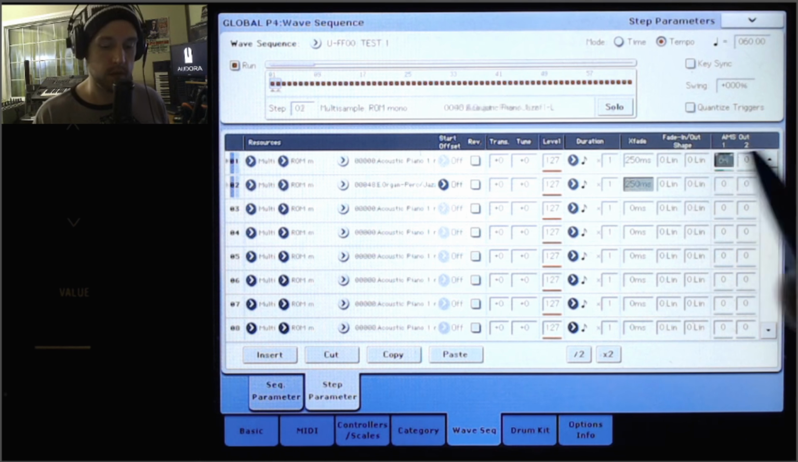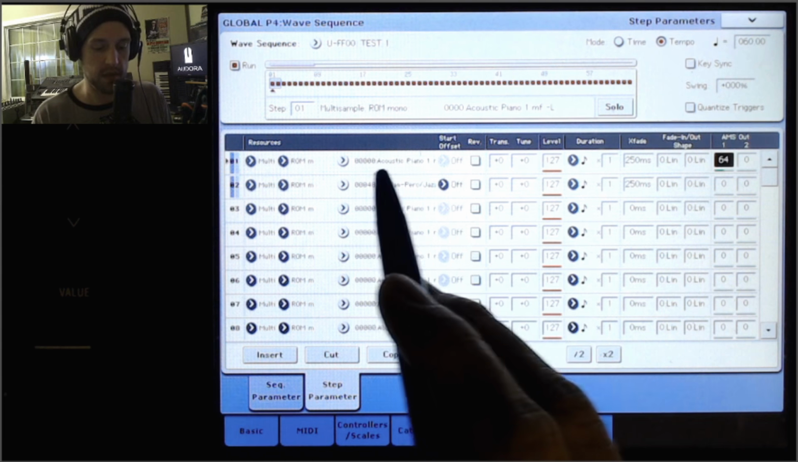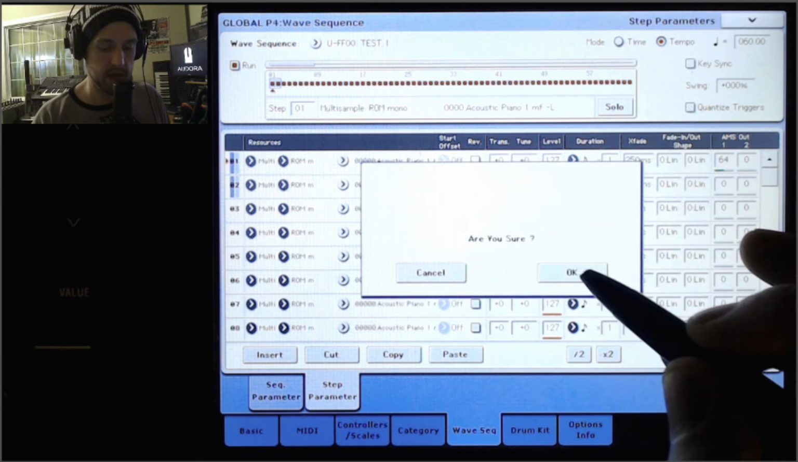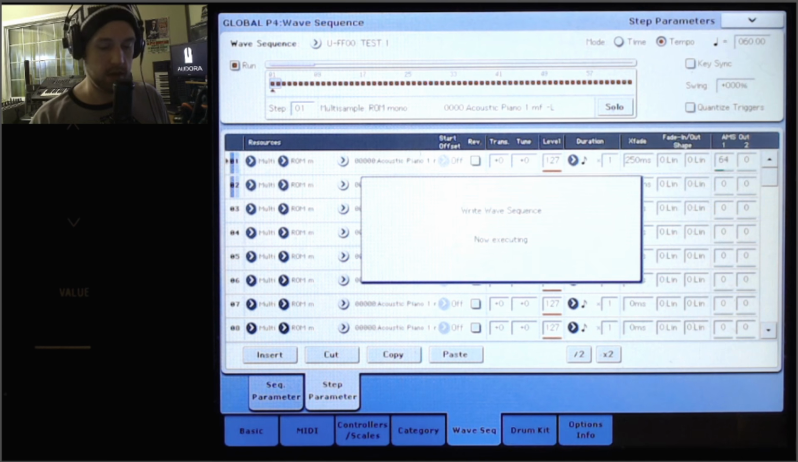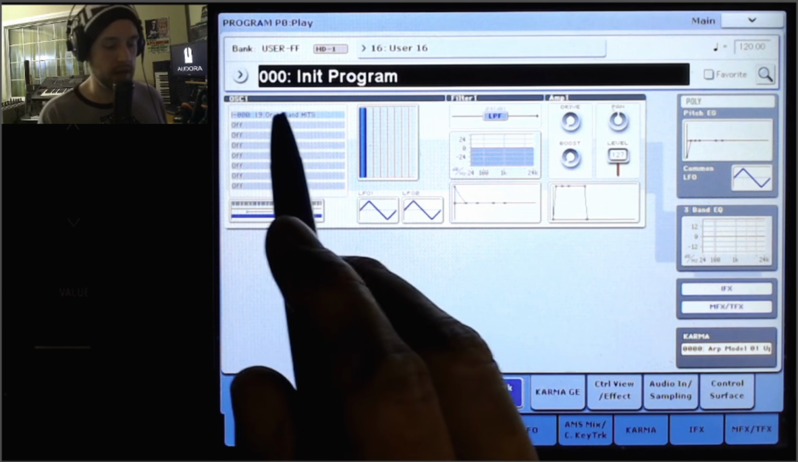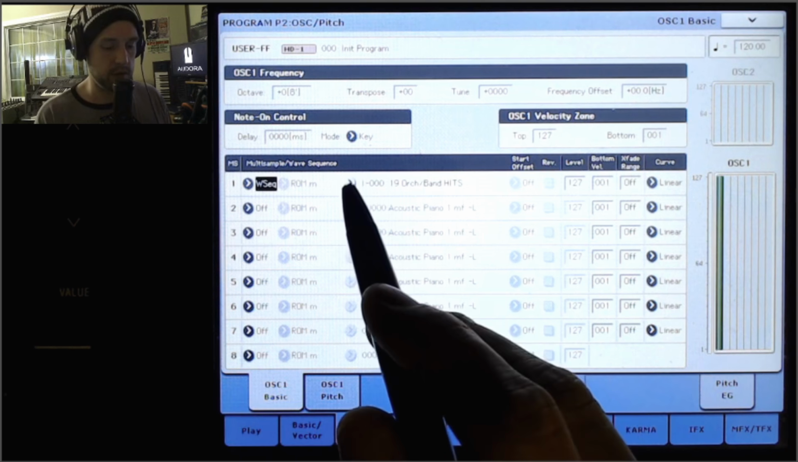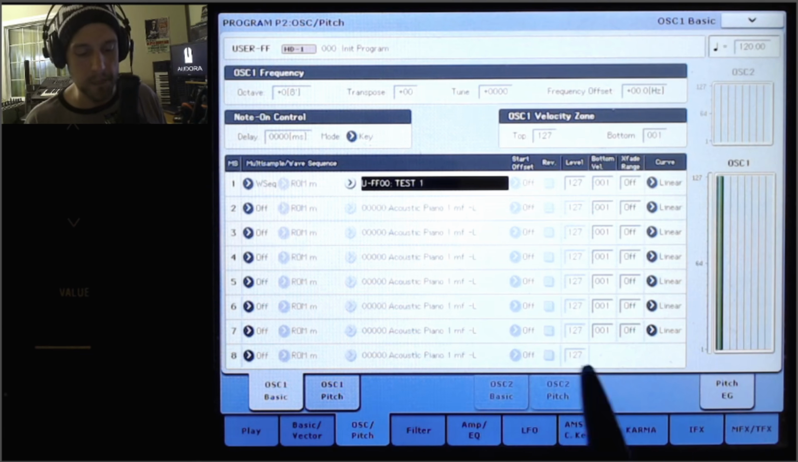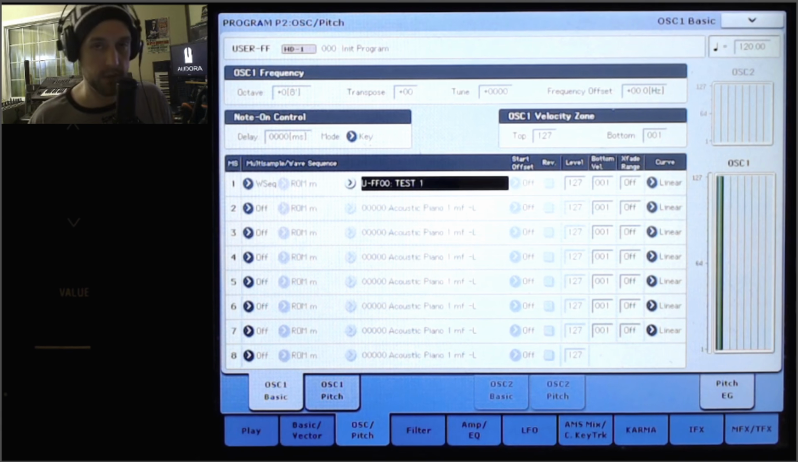Okay, so point being, multi-sample the piano. We're going to send this AMS value out to the program. I save that because I've done that way too many times. Now in this program, I've chosen wave sequence, and I'm going to choose my test that I've created earlier. Okay, so far so good. Now if I were to listen to it,